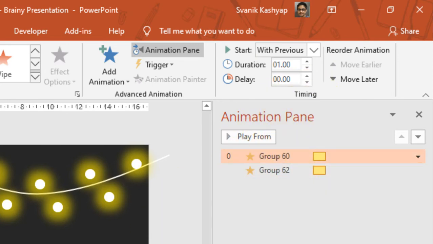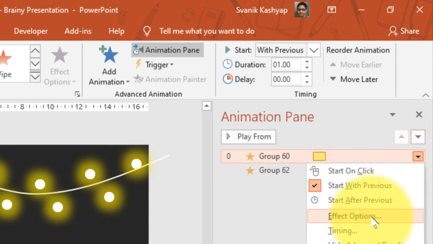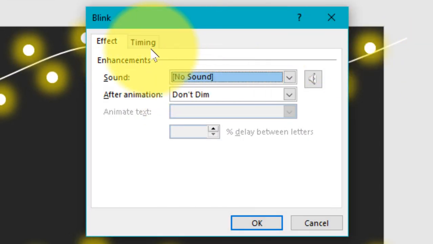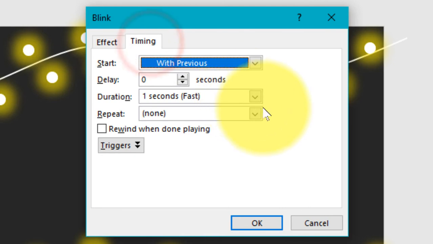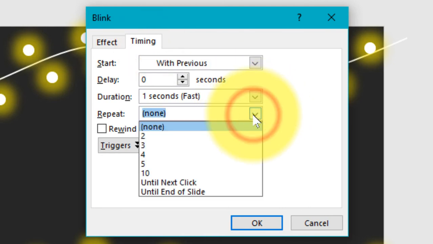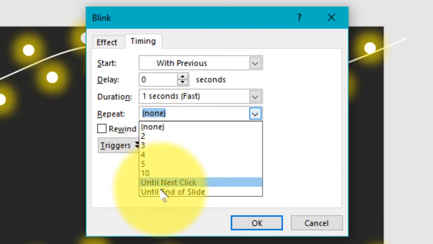But before getting a preview, first select the first animation, then go under the drop down arrow, click on the effect options, then go under timing and go under repeat. Under this repeat, select the last option, repeat until end of slide.